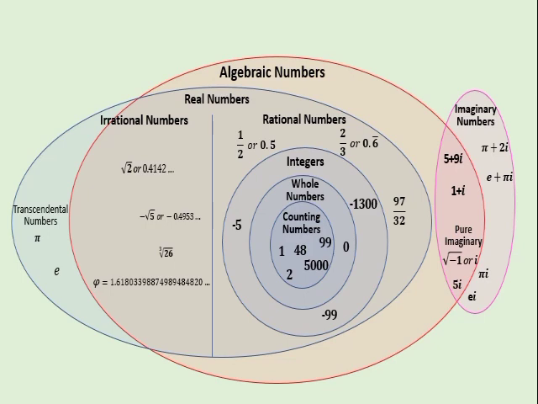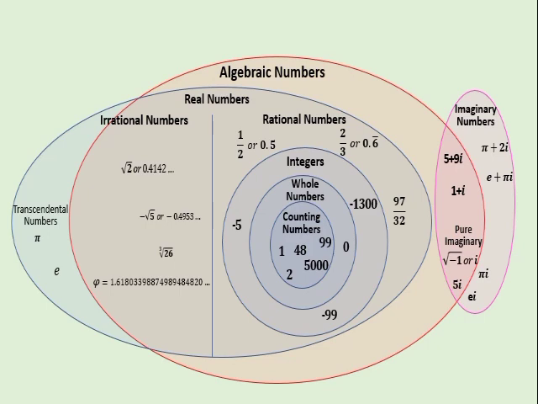We can notice that real numbers include the algebraic numbers and transcendental numbers. However, irrational and imaginary numbers may or may not be algebraic numbers. Like the irrational numbers pi, Euler's number, and the golden ratio, only the golden ratio among the three is an algebraic number. Also, with the imaginary numbers, there are portions that are considered algebraic numbers and some are not.